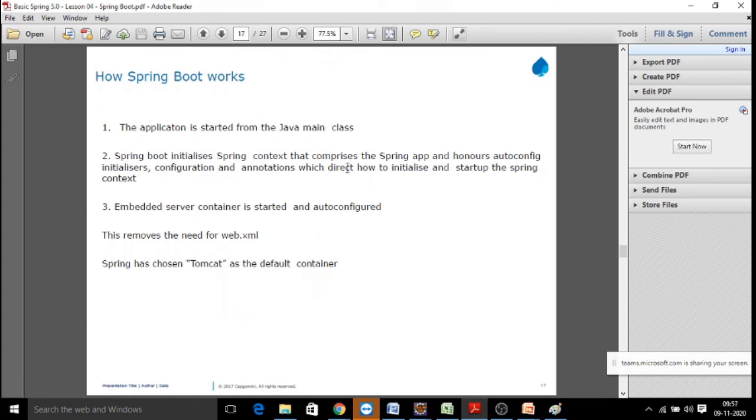Whenever you start Spring Boot, to see how it works internally, you can look at slide number 17. Whenever your context loads, all your configuration initializes and your annotations get scanned through your application by component scan.